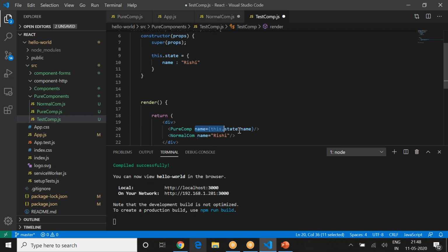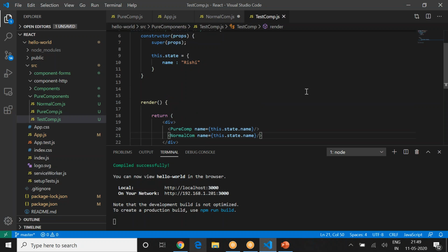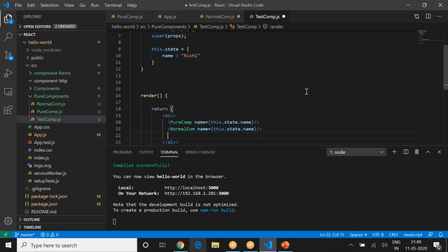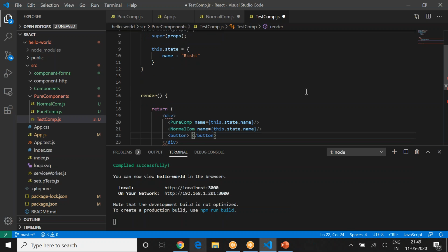So I'm sending this property to name. Okay, again I'm sending the same property to this guy. Okay, and now I can actually have a button and change the state. Let's do that. Okay, so let's actually have a button, and just say click or change state.